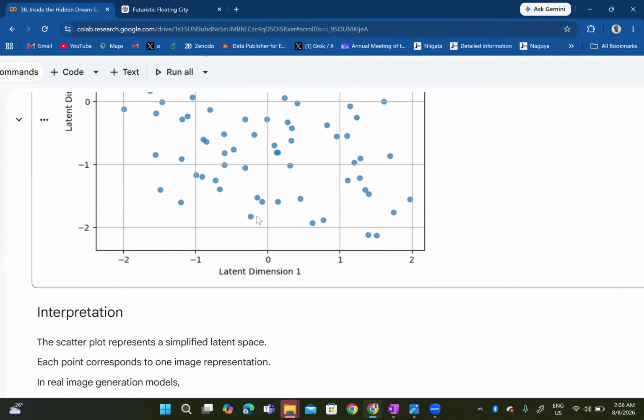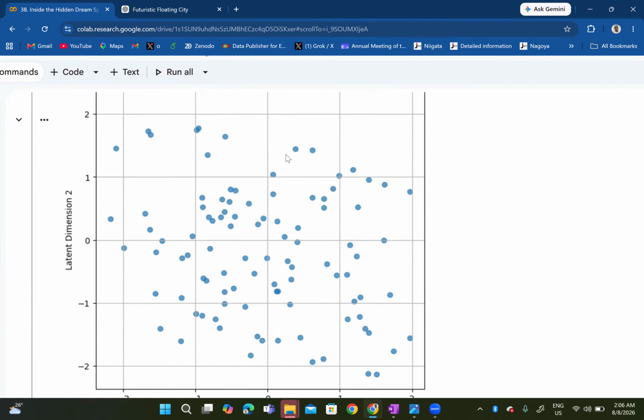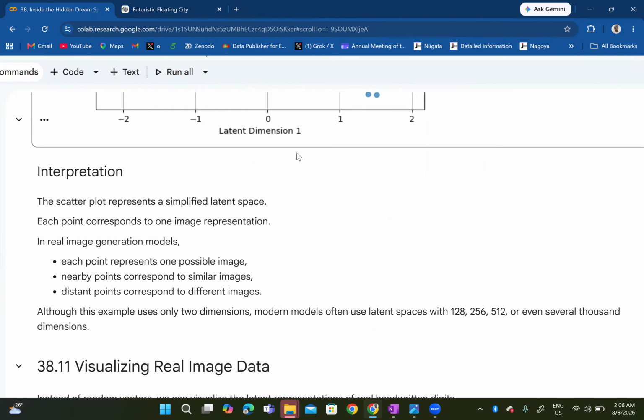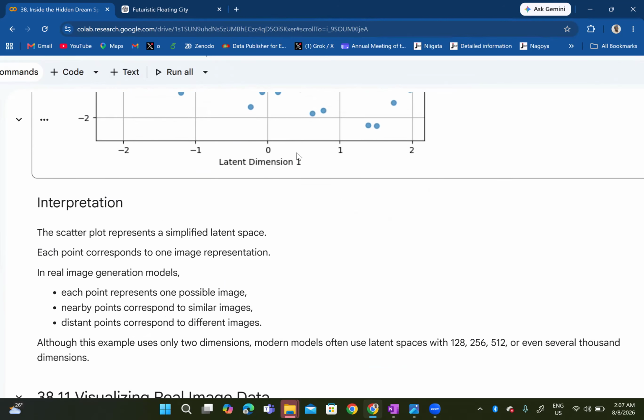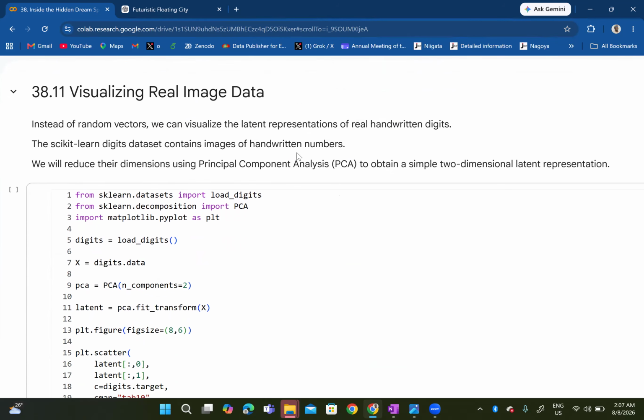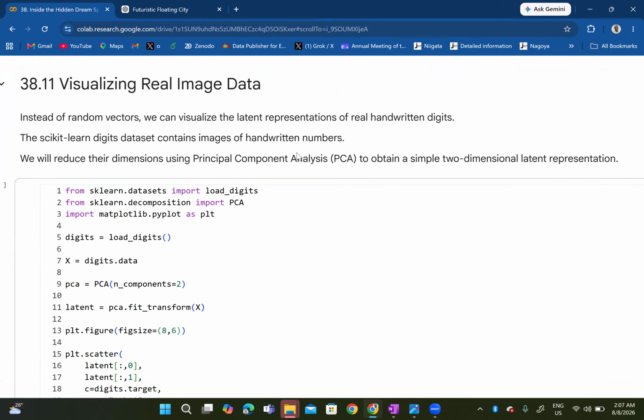So if this were one image, it means that the image here looks closer to this than maybe to the image here, or to the image here. But this one is still closer to this than this one, and maybe an image at this point. So the closer together the points are, the more similar those images are. Although this example uses only two dimensions, modern models often use latent spaces with 128, 256, 512, or even several thousand dimensions. Visualizing the real image data then, instead of random vectors, we can visualize the latent representations